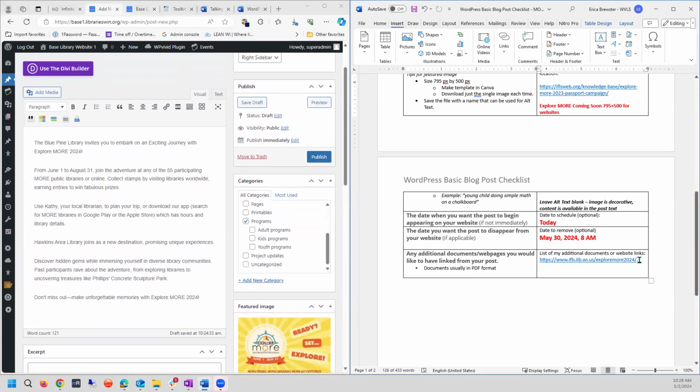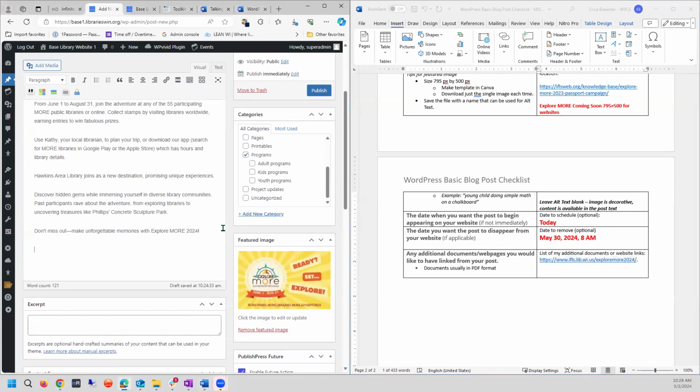My last thing is, oh yeah, I had this list of additional documents or links. I want to have this link included, and I could have put it into my post text to remind me, but I will copy this here. I'm just going to include this: learn more about More, I just say learn more at, and download a passport after May 31st at,